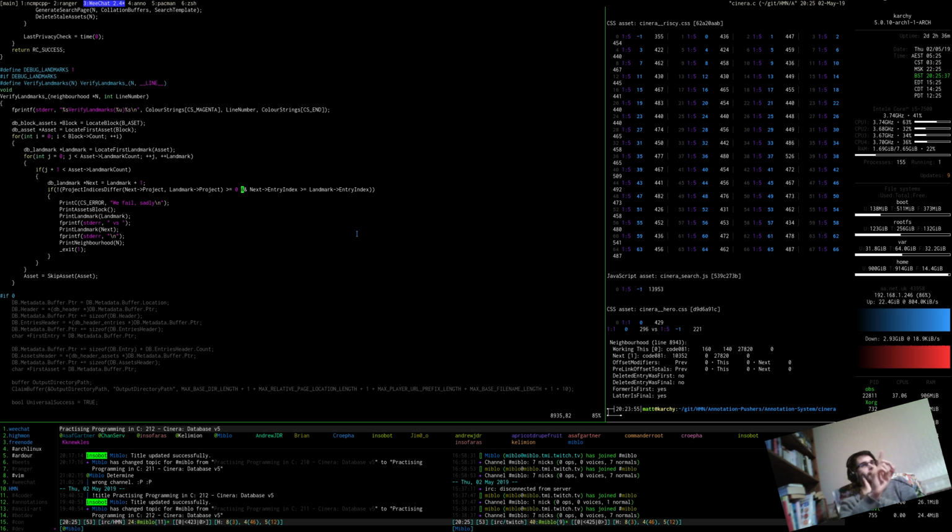If the next entry index is greater than or equal to this, then you go on and check the product indices. So yeah, if they're greater than or equal, right. So if this is greater than or equal to this,